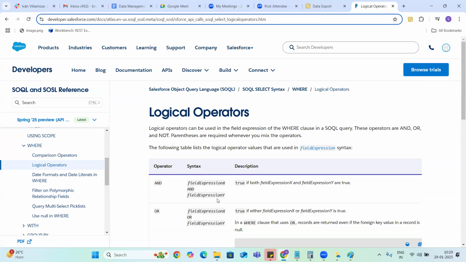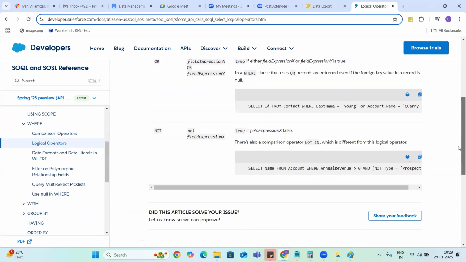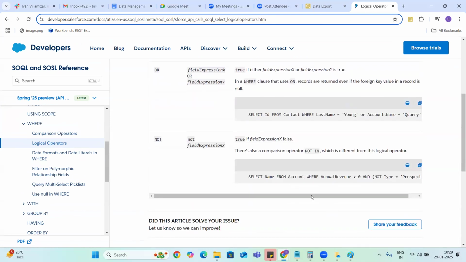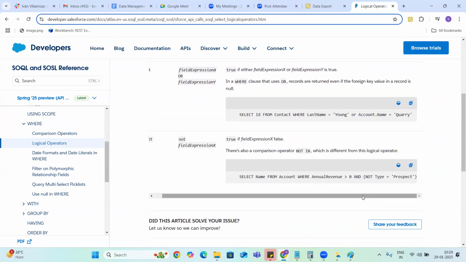Next are logical operators, guys. How to apply logical operators AND, OR, NOT in where conditions. This is very simple, and you are already aware of that. Whenever we want to have two criteria in a where condition, we will use the AND operator.